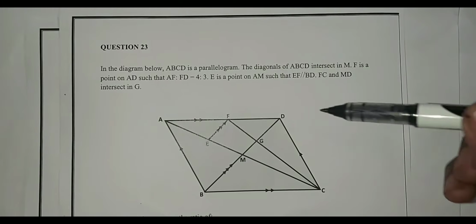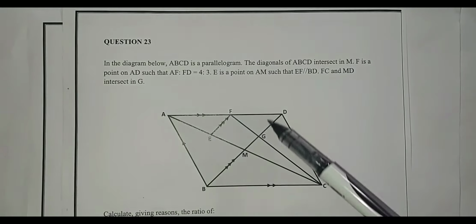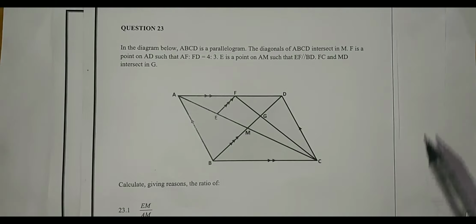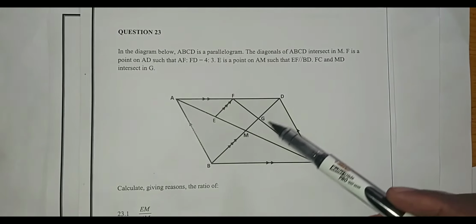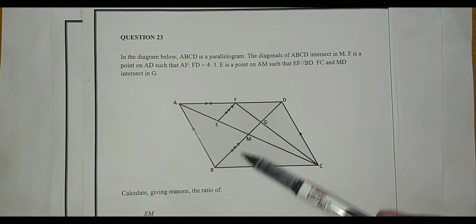Right. My question number 23, they're saying in the diagram below, ABCD is a parallelogram, as we can see. Then we are also told that diagonals of ABCD intersect at M. So this is the intersection of the diagonals. F is a point on AD,